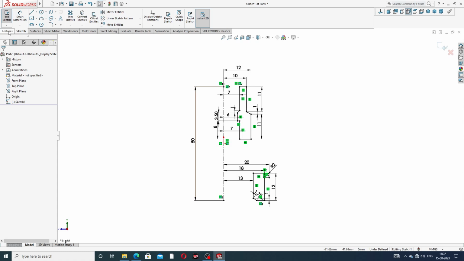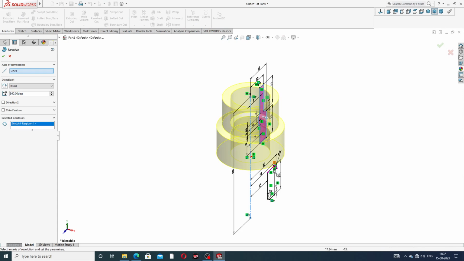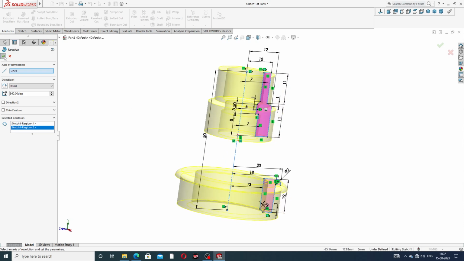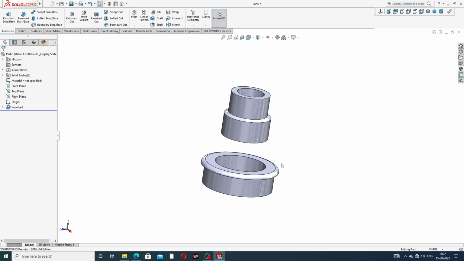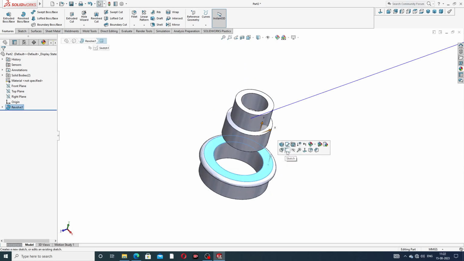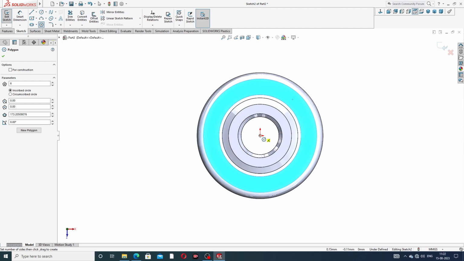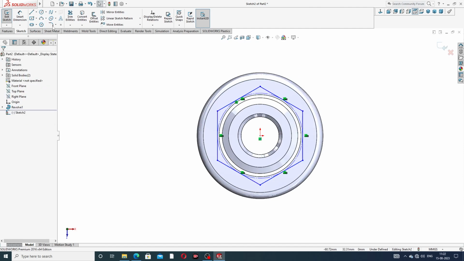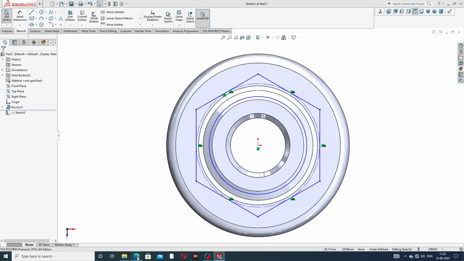and going to revolve boss, and use this to this. Okay, all is perfect. Click OK. Okay, all is looking perfect. And sketch, select this face, sketch normal, drawing a hexagon. Hexagon is this hexagon. Okay, and again select a circle, is drawing here, this to this, but some dimension is